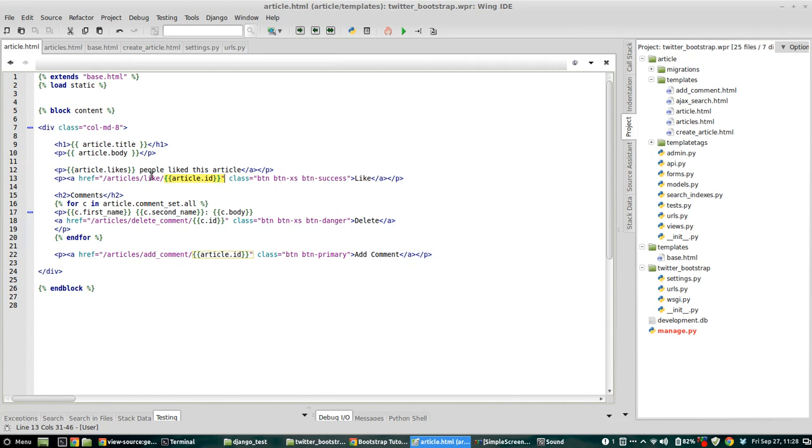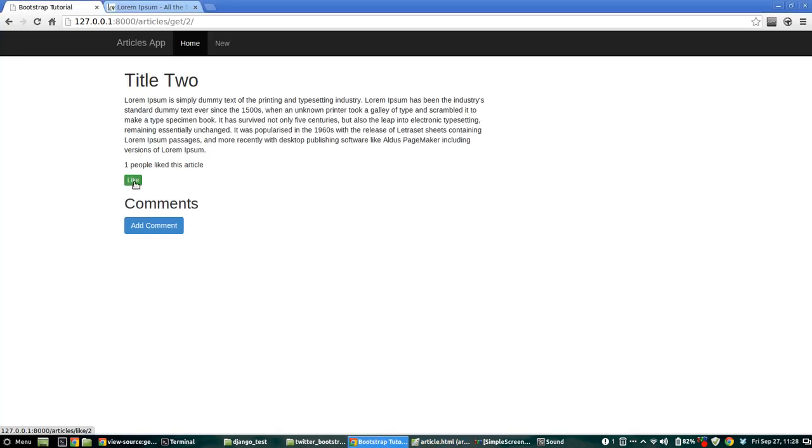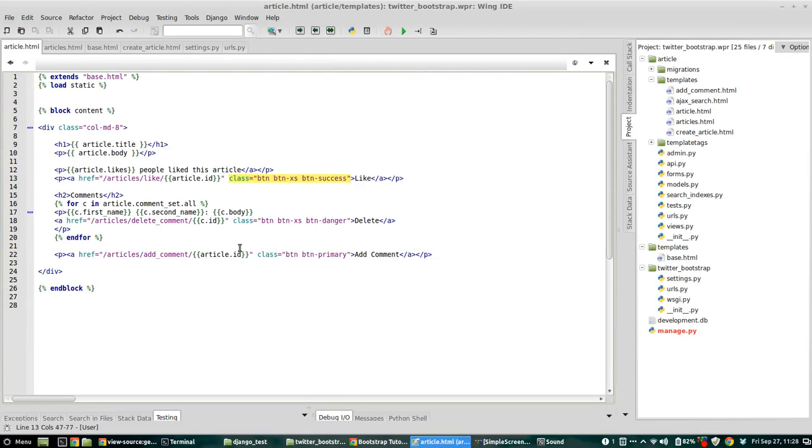We could link through to the like URL, and that's pretty much it, other than on the actual link to the like button, I've added these classes. So I've just added CSS classes. So this is button XS, button success, and that is what gives that formatting. Hence we have a little like button. For the delete button, I've used button, button XS, button danger. Hence we get a nice